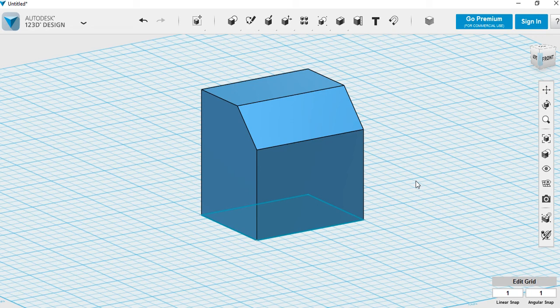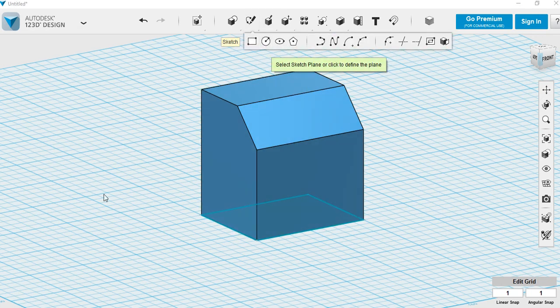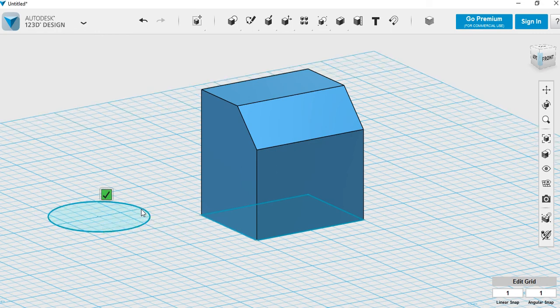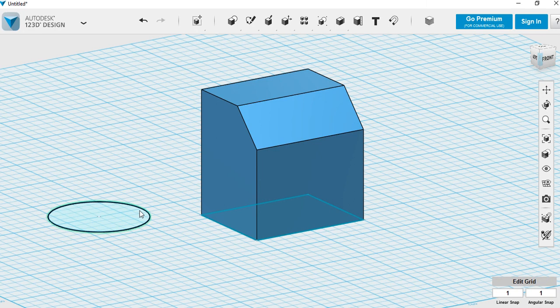Now you can also obviously draw other shapes, so I'm going to draw a circle as well. Click on the circle tool and I'm going to draw a circle out here. Same thing, click, I'm going to draw a circle at 40. Make sure you move out horizontally or vertically on the grid to be able to draw a diameter with a whole number. The grid is set to 5, so each time you move on the grid it's 5 millimeters. Click, hit enter, or click on the green tick, select the circle,